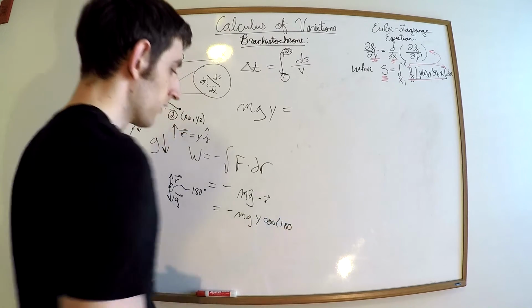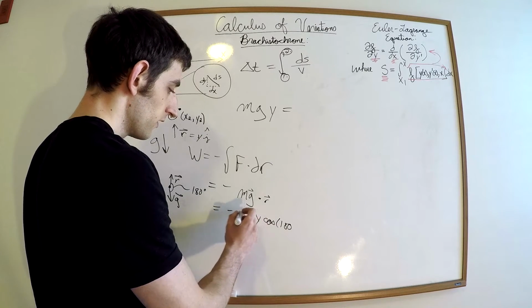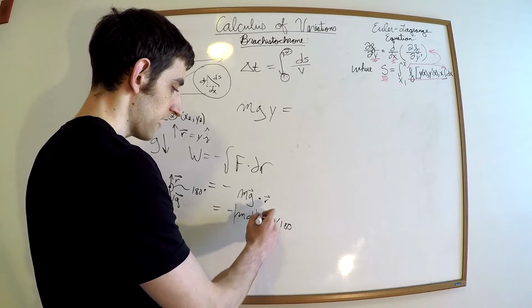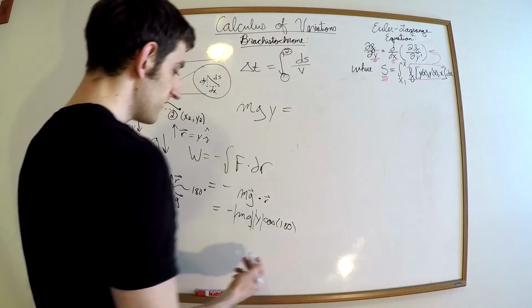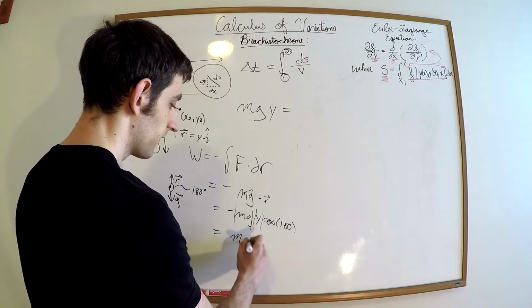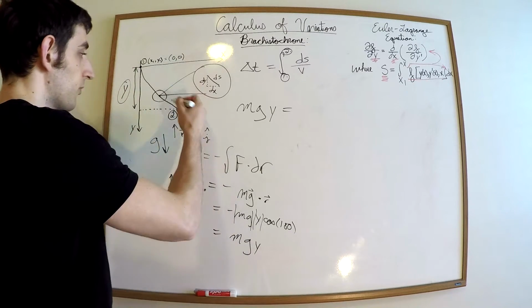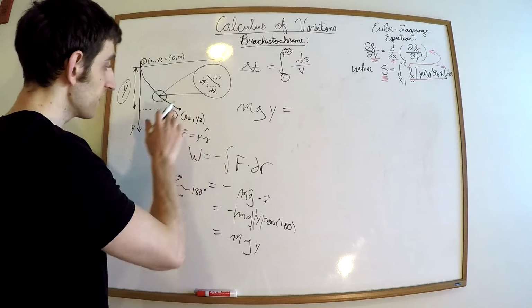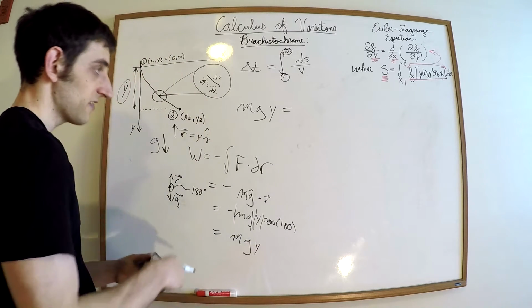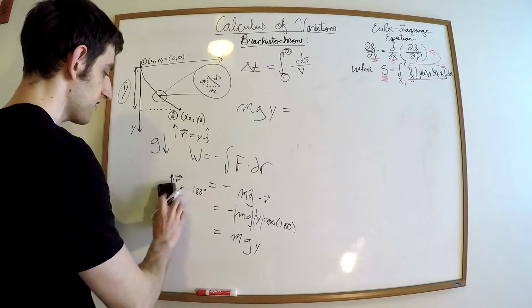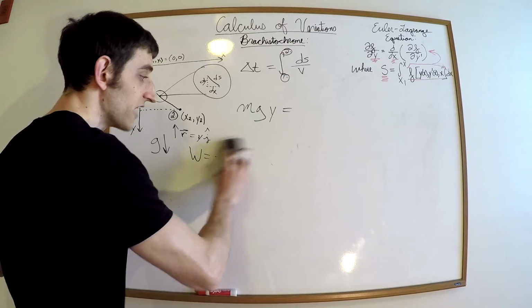Cosine of 180, right? Because g dot r is going to be the magnitudes, the absolute values, times cosine of the angle between them. We see the angle is 180. This is a negative, so this gives us mgy. So y is the distance that we pulled it up. We're setting this as our bottom. We pulled it up a distance y, and that gives us this guy. So that's how I'm getting this guy here. That's why it's positive,